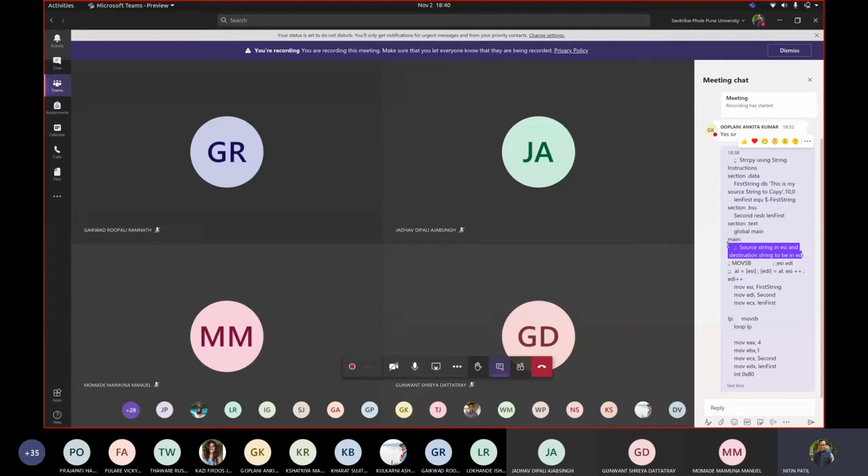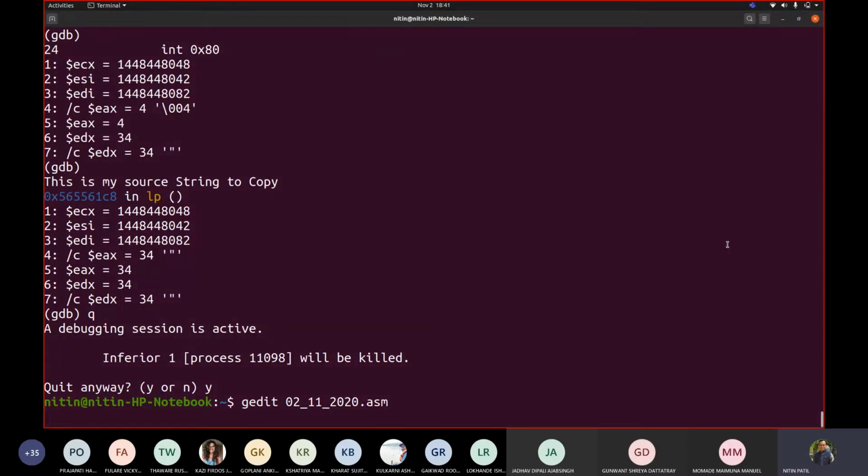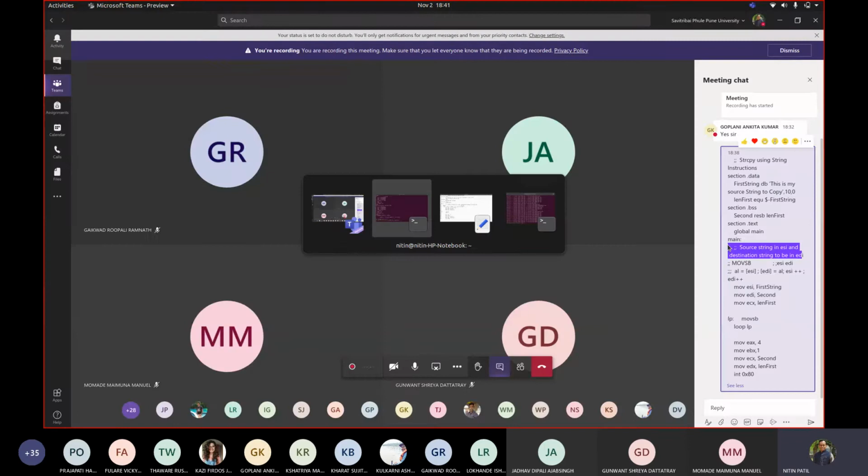Now what I'm doing is introducing one new aspect here. You might have seen that we wrote MOVSB and we used a label. Ultimately, you are putting load on the assembler as well as the linker as well as your loader, because it has to keep track of that label. Can I remove that loop part as well? Without writing the loop instruction, how can I achieve the same goal? Let us see how exactly that can be achieved. To achieve this, we will need to modify this code. So let me first close that code.